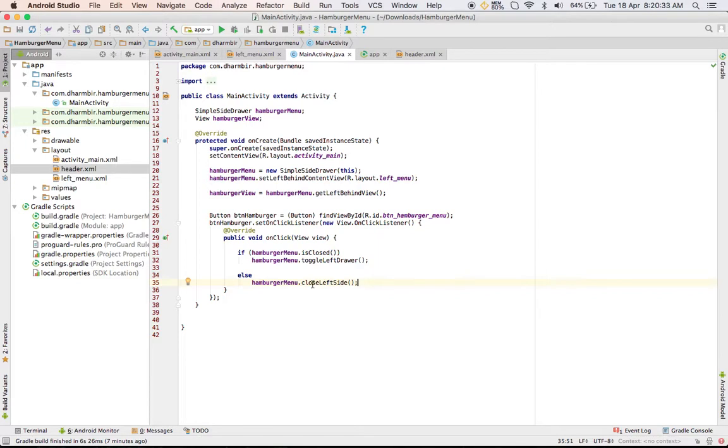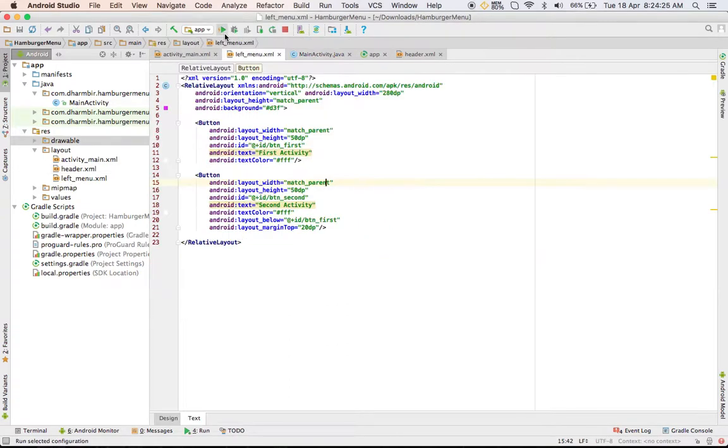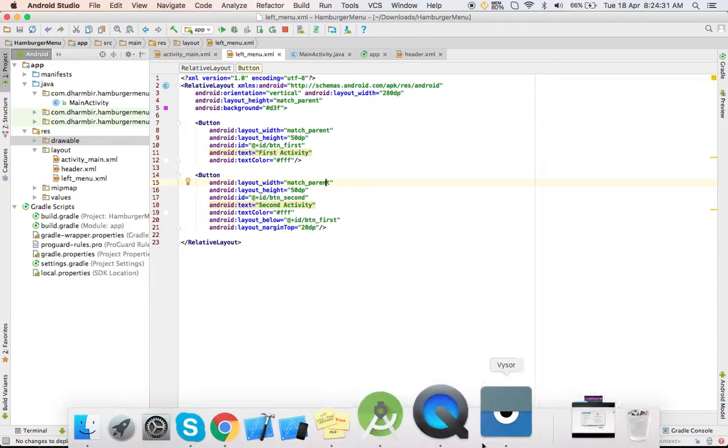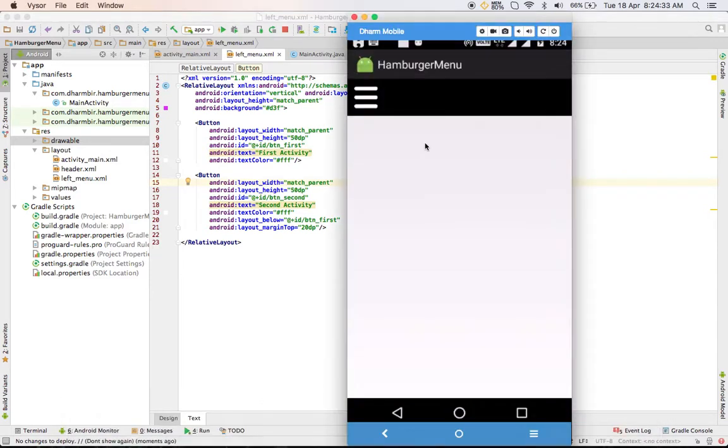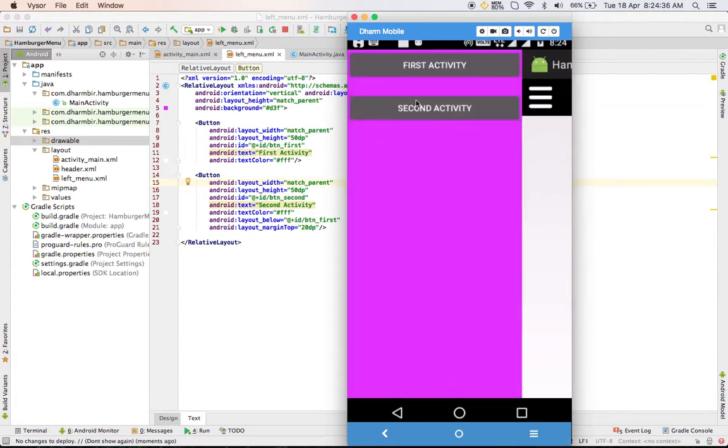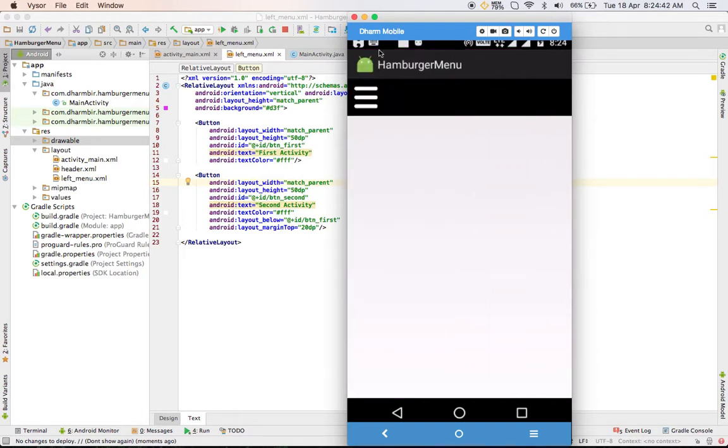Now let me run, you will see the project. Now you can see the output screen here. You can see this is the first activity and the second activity, and when you click on it, it will open. Now we have to remove this action bar, so let me